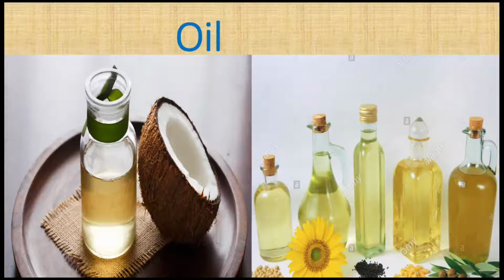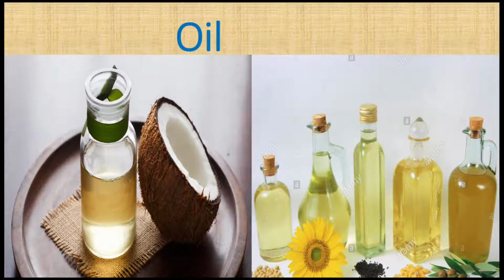Look at the picture, boys. You can see different types of bottles and the plant seeds and flower from where you obtain oil is placed over there. Now, remember, boys, we get oil from the seeds of the plant such as mustard. Mustard means rai. We say sarso ka tel. Your mommy must be knowing it. You tell your mother to show you.